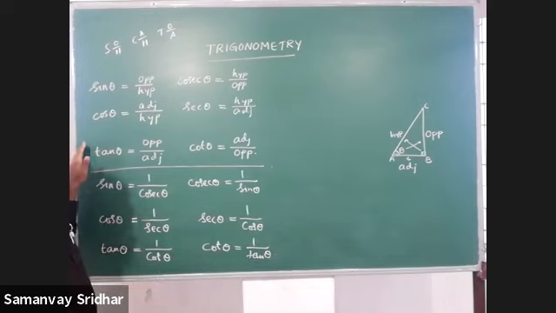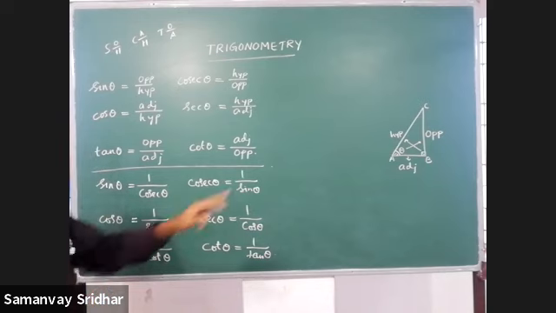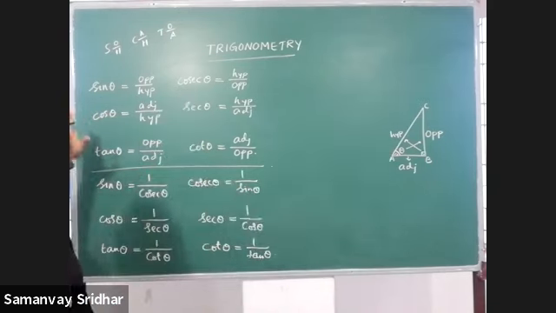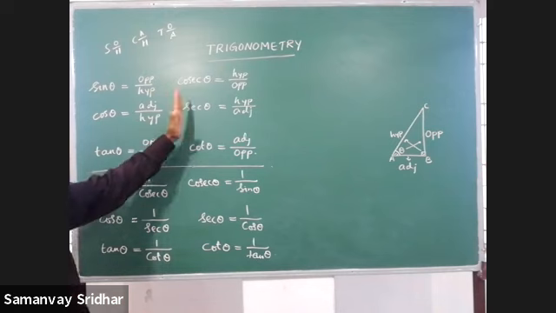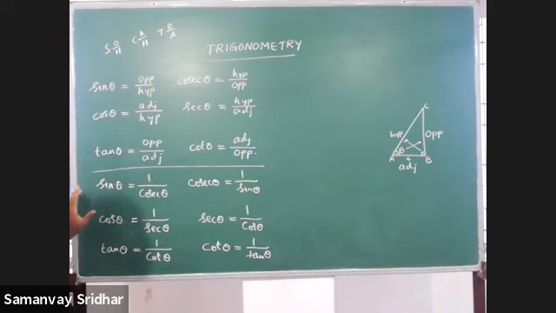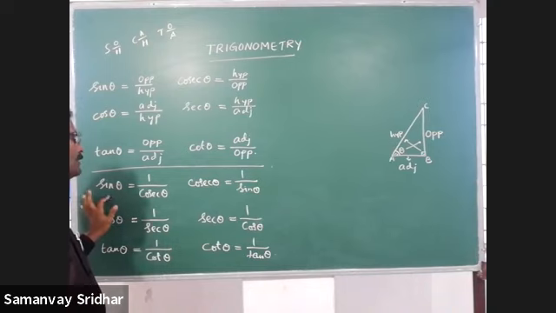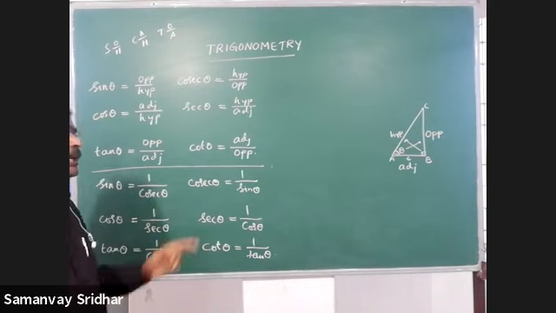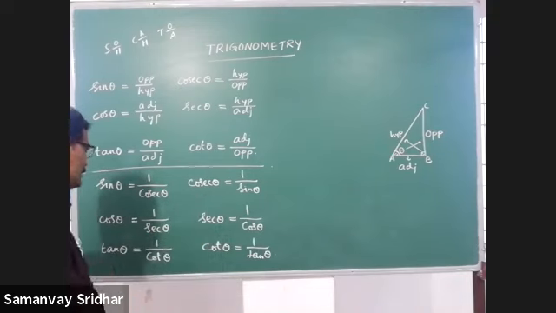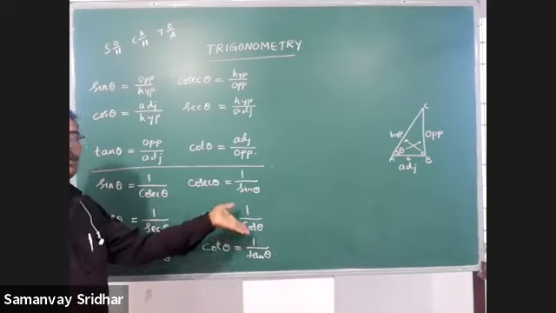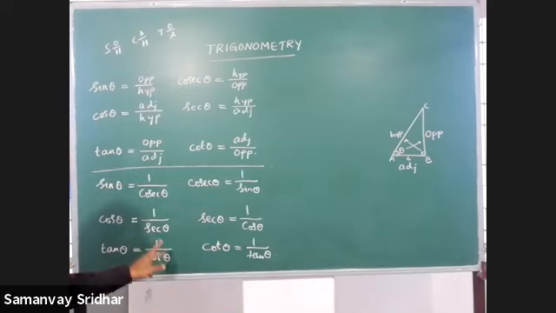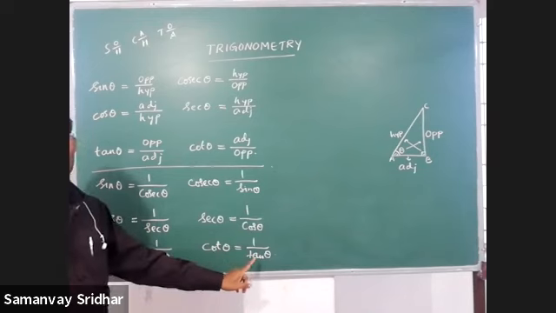The two things are over now. With respect to the side, how to express the sin, cos, tan, cosec, sec, and cot. And then I told you that these are the reciprocals of these. Therefore, we can write like this also, wherever it is necessary while solving. Sin theta can be written as 1 by cosec theta. Cosec theta can be changed as 1 by sin theta. Cos theta can be changed as 1 by sec theta. Sec theta can be written as 1 by cos theta. Similarly, tan theta is 1 by cot theta, and cot theta is what? 1 by tan theta.